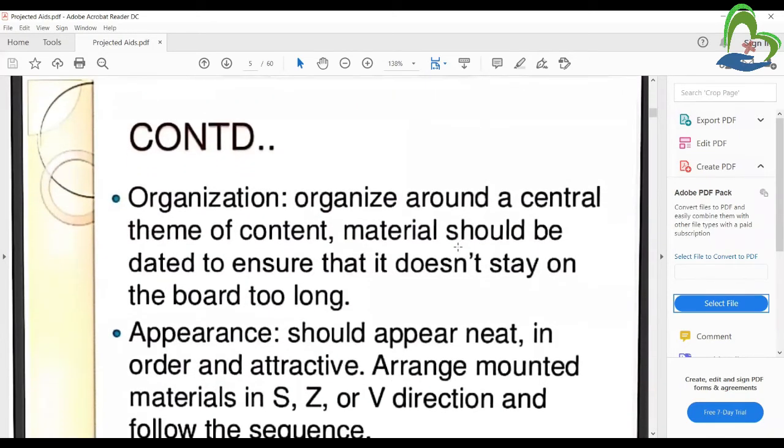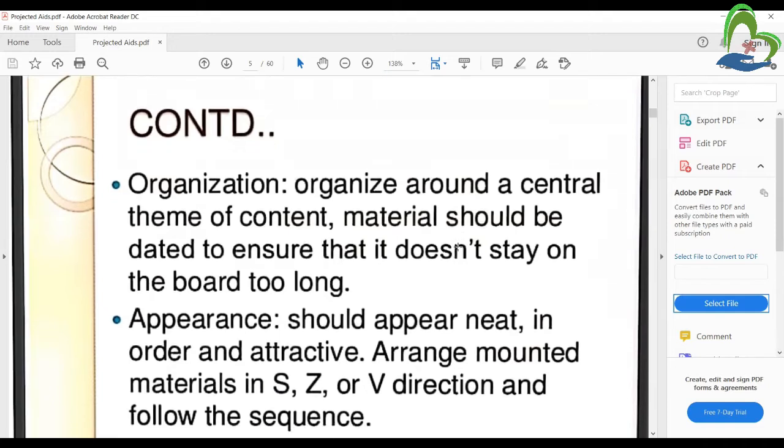Organization: organize around a center, the content material should be up to date, and ensure it does not stay on the board too long. Right? So this board is not a big one, it is very small, and it has two partitions, divided into two, three or more sections to pin out on this board.